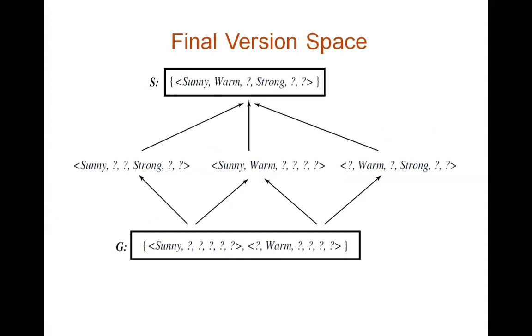So for our data set, when we applied the candidate elimination algorithm, we got 1 S hypothesis and 2 G hypotheses. So this is the G boundary and this is the S boundary. In between G and S, by looking at the general to specific ordering of hypotheses, we can arrive at another 3 hypotheses. Altogether, there are 6 hypotheses present in this version space, those which are consistent with the given training data.